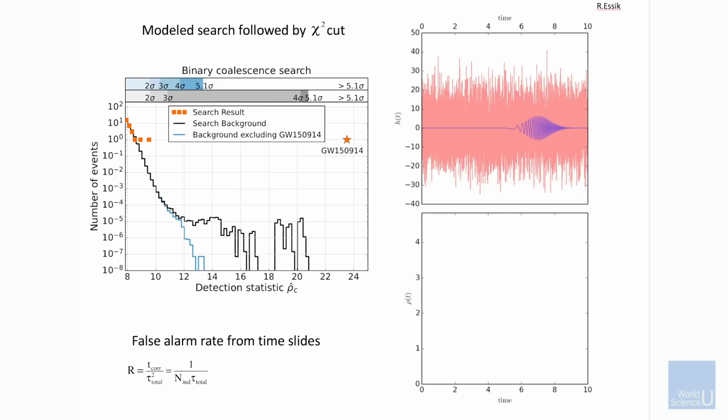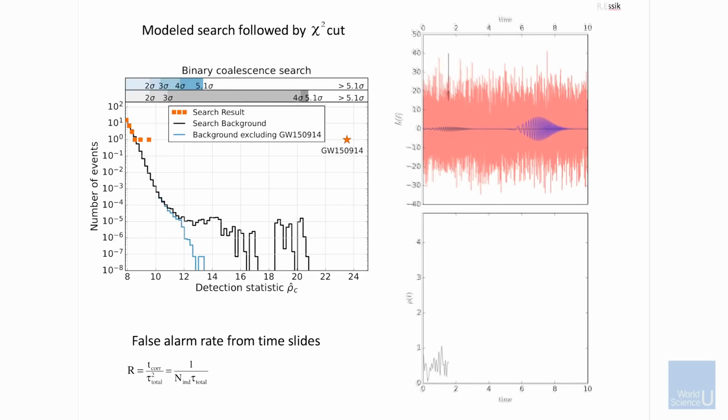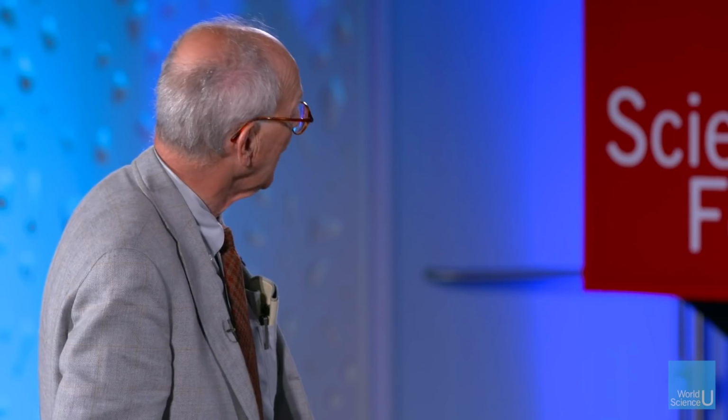And you can see it gives you a different statistic. And it's the way the parameters were actually found. You can see that again, it's now on the bottom of that. When these things collide, the theoretical one, which has no noise on it, whereas the other one has the instrument noise, you see a much more well-defined signal. And that's, in fact, how all the parameters that we published were measured. And you can get a false alarm rate by assuming that every little time interval of the instrument, all the time it was running, is an independent measurement over times that are longer than the waveform that you see there. So that's, in fact, how we get the false alarm rate.